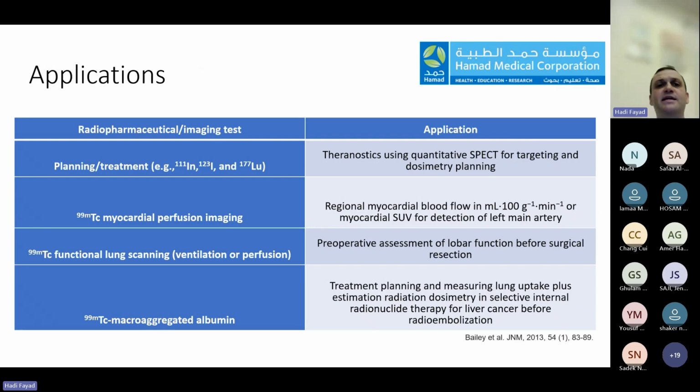Here are some applications for quantitative SPECT-CT. The first one that I will mention, and I will talk about it later, which is also the important aspect of this presentation, is theranostics, using quantitative SPECT for targeting and dosimetry applications. There are also other applications which are